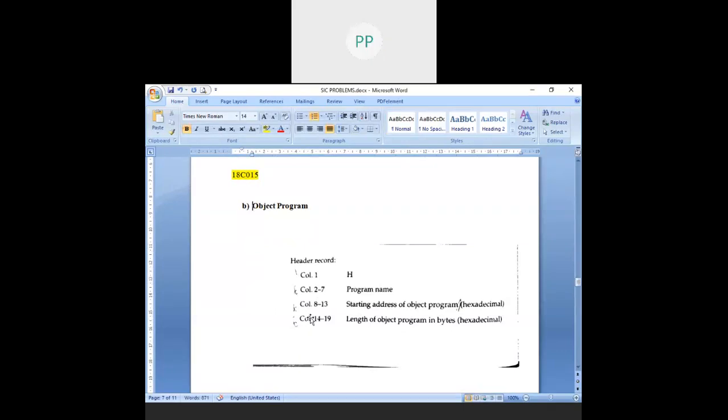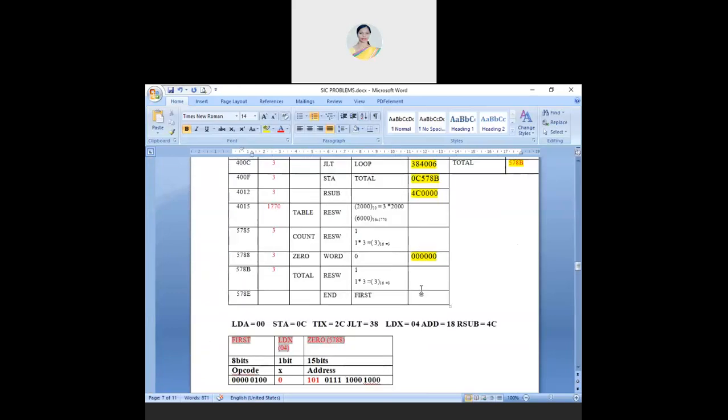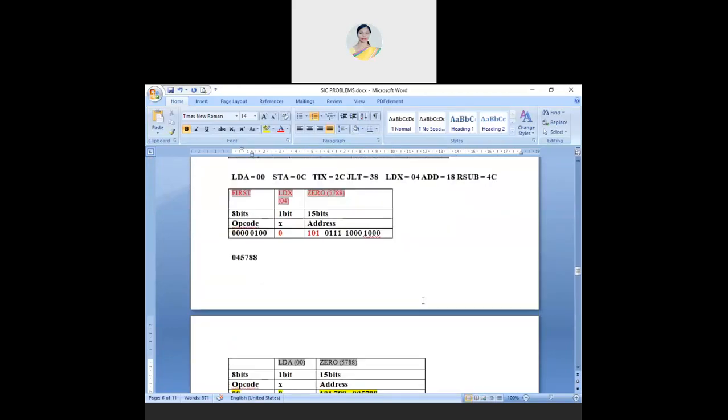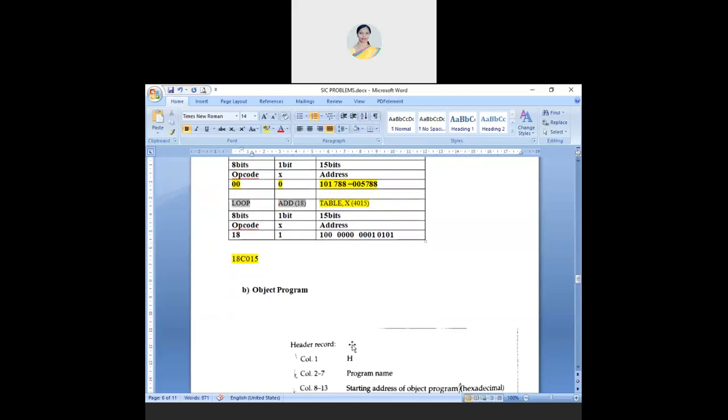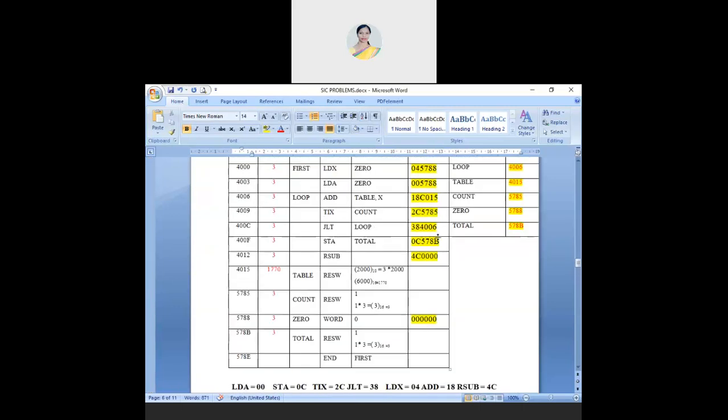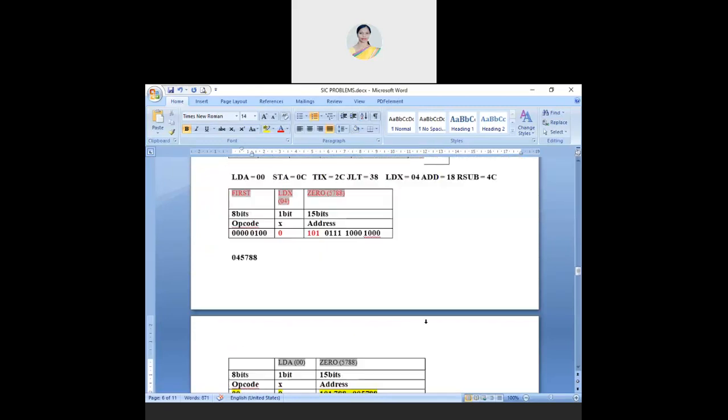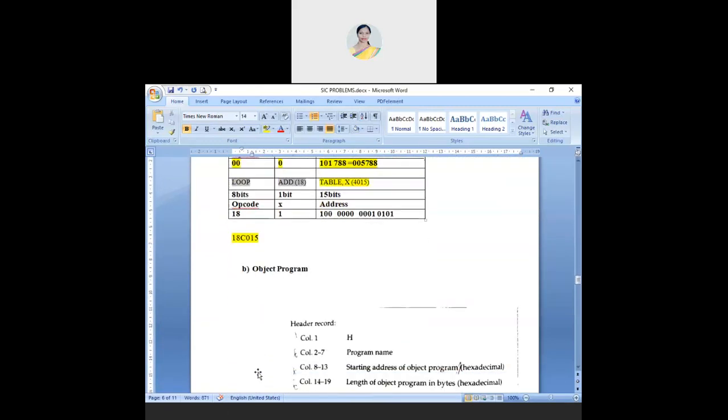Okay, fine. So this is your object program, which is the end of your pass 2. This is compulsory. If the question is generate the object code, you have to stop here. If the question is generate the object program, you have to include the header record, all the 3 records. When you see pass 2, it doesn't say this part. It's only for our understanding purpose. We write the object code, then we write the header record. In pass 2, you will directly write the header record and the text record.